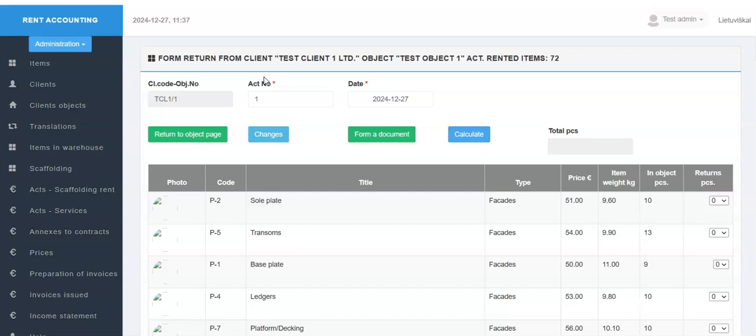This field can be edited, but the program checks that it is not empty, that a number is entered in it, and that this number does not exceed the maximum allowed number of this type of act, 255, and that there is no previously formed number of a return act in this object. In case of discrepancies, the program stops the formation of the act and displays a message with the relevant information.